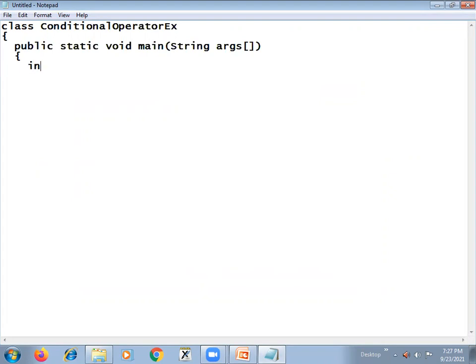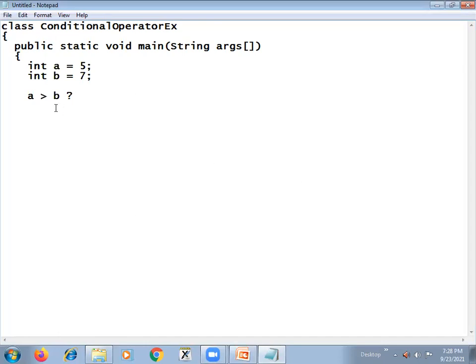Okay, so here we require the greatest of two numbers now. So what we do is we declare two variables, something like int a is equal to 5. Then int b equal to something like 7. Then we can use the conditional operator like this. Say whether a greater than b, question mark.